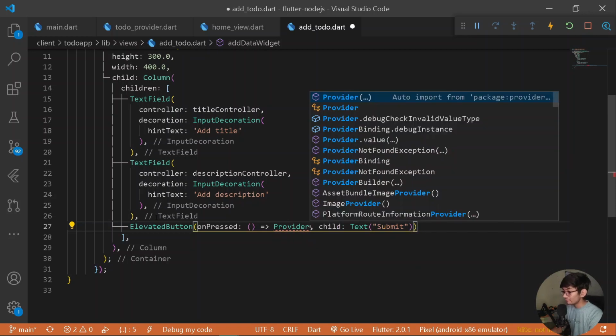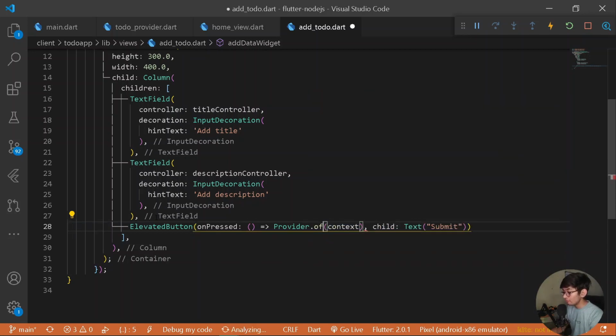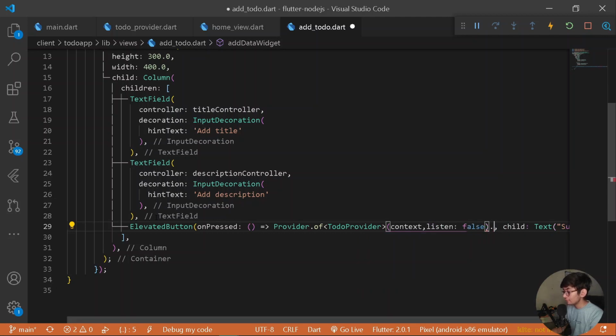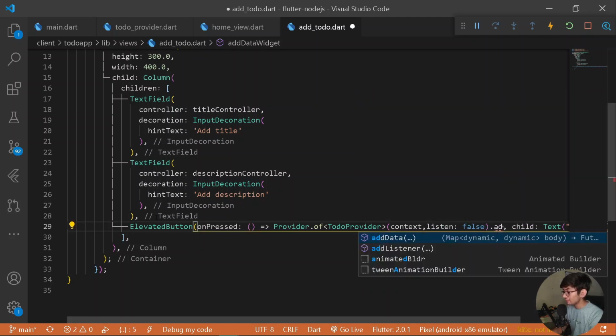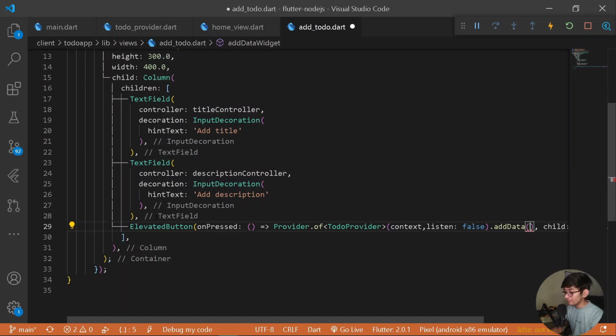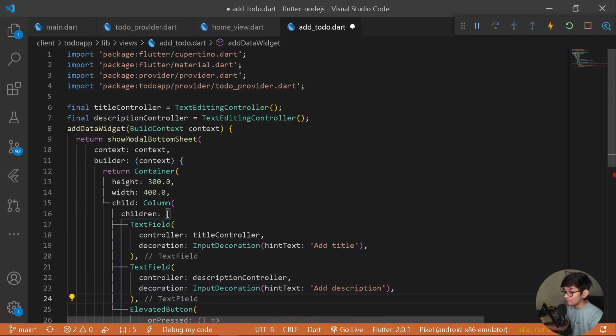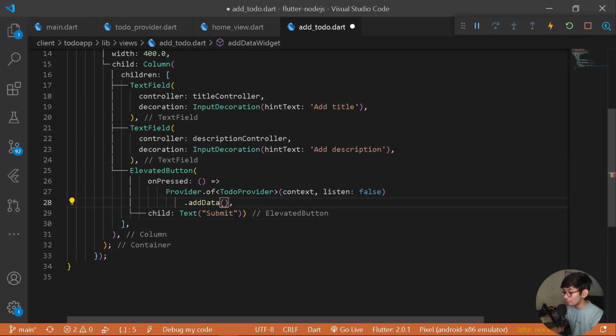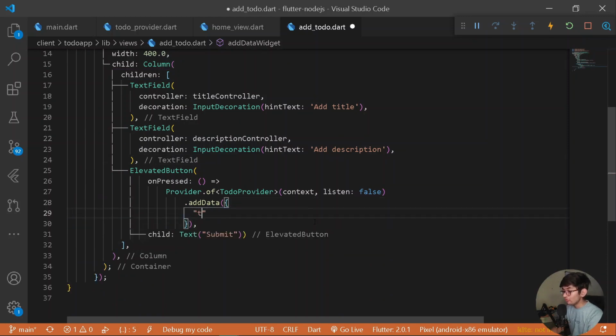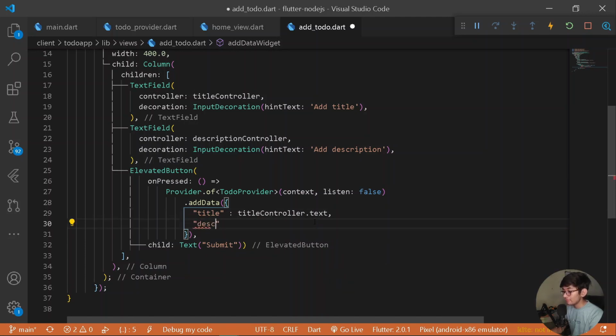So here let's have a provider, that is on pressing over it Provider.of, and under a context of todo provider, here let's have a new listen property to be false, and here let's have the property of add data. Under add data it should be requiring a new body which will be a map. Under the map we shall be having a new mapping between our controllers. First let's have a new title that we need to submit, and the title should be equal to title controller dot text, easy. And also we should be having a new description, and the description shall be description controller dot text,